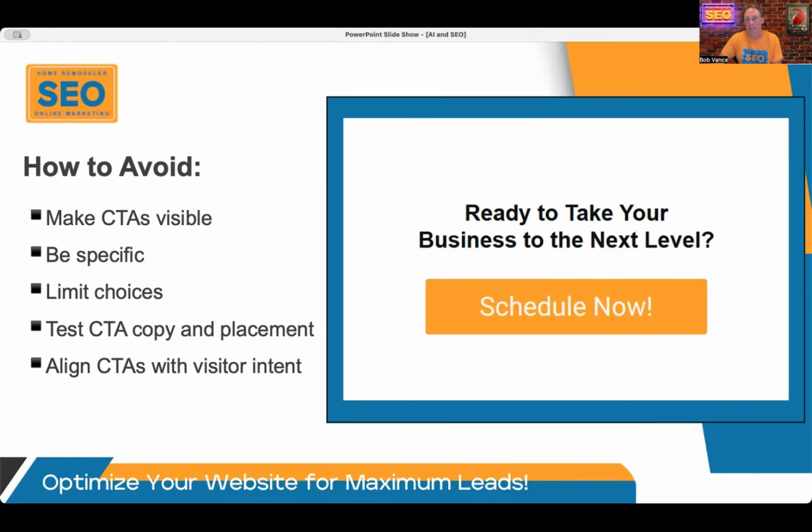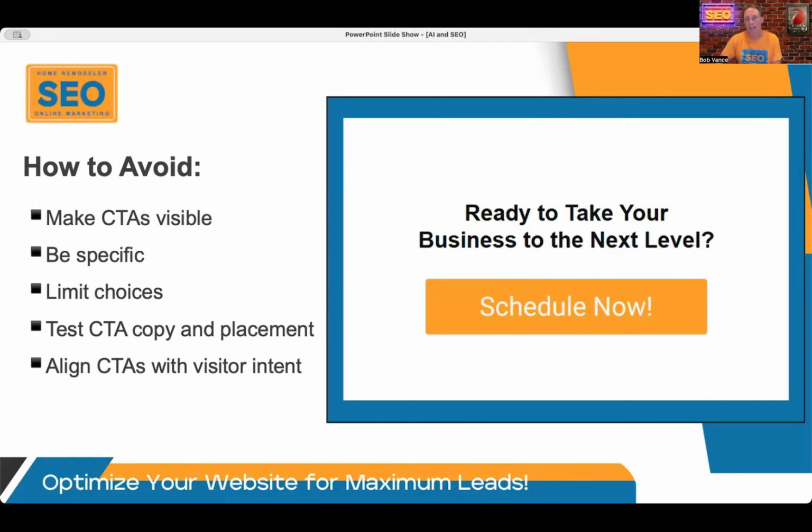Also, be more specific. Like I said, instead of "learn more," say "get your free estimate" or "see remodeling costs" to drive them to a blog post that goes into more detail on remodeling costs, or to that new price estimator that you've got built into your website. And also limit choices. Too many CTAs on one page creates too many decisions, what we call decision fatigue. It's like, wow, which button do I click on? Oh, did I click on that button? How do I get back? And so you don't want to just spread call to action buttons all over your page.